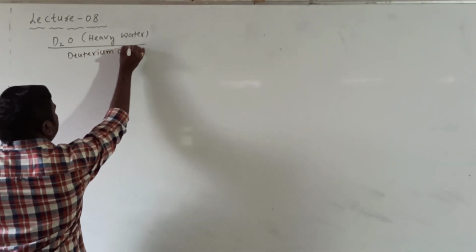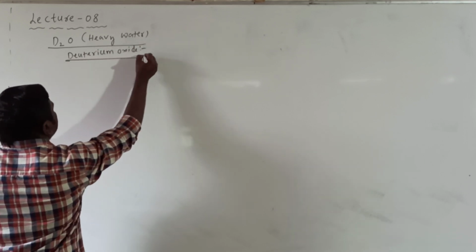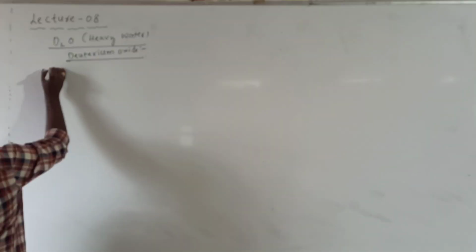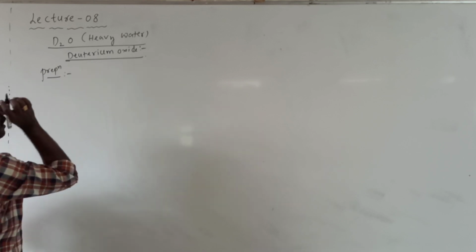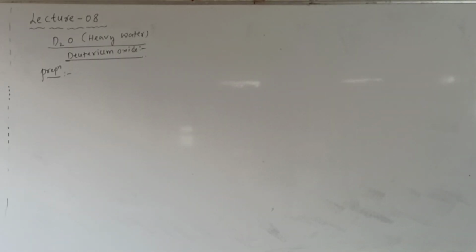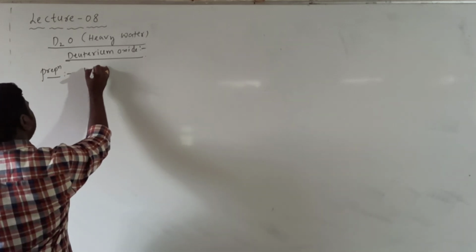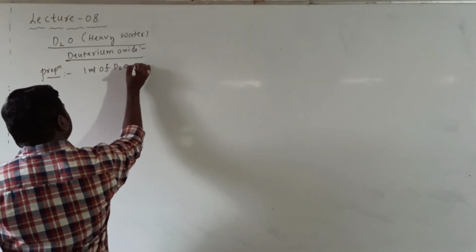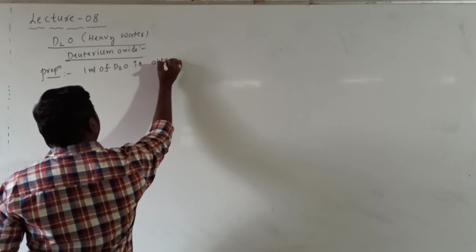Deuterium oxide. Clear? Preparation: generally it is prepared from water only. So here, 1 ml of D2O, deuterium oxide, is obtained by